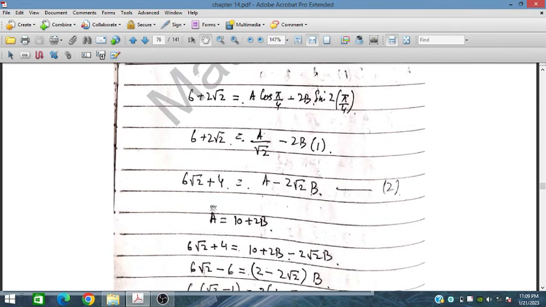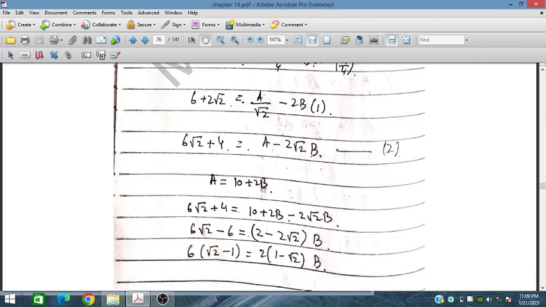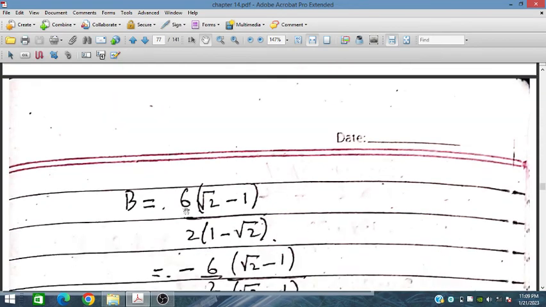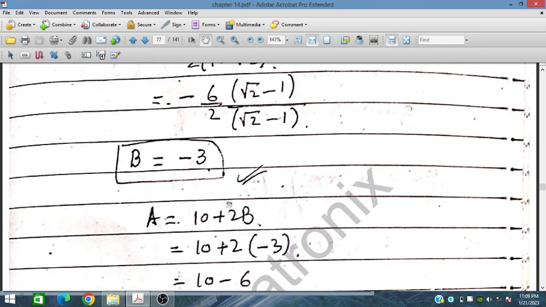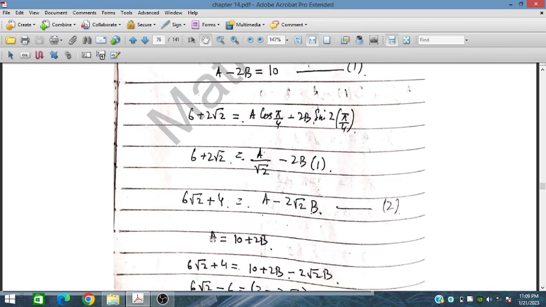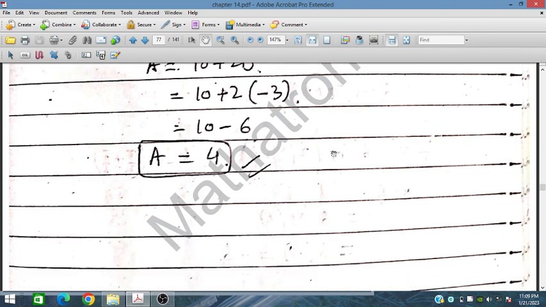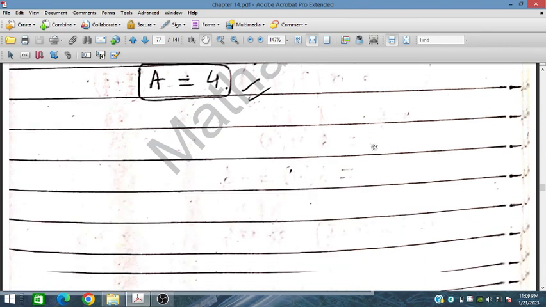And on further simplification, we have from equation 1 a is equal to 10 plus 2b. So 10 plus 2b can be placed in place of a in this equation. So in place of a, 10 plus 2b, and we simplify for b, and we have obtained b is equal to minus 3. And by placing this b is equal to minus 3 here, we can find the value of a, which is here 4. So this is a very important problem, and in the next session